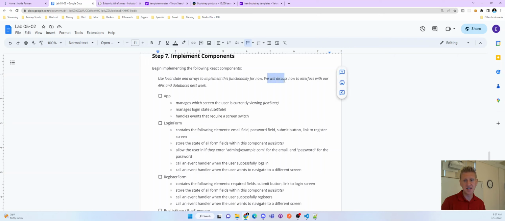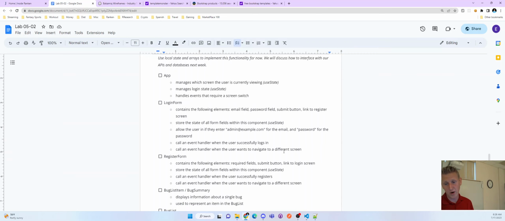So it says we will discuss how to interface our APIs and databases next week. So for right now, use local state and arrays to implement the functionality. Again, I'm not super concerned about the functionality. Right now, it's just about building the forms, building the components, building the controls, maybe wiring up some event handlers, getting your state ready, getting the state variables ready to store information, and that's where we're at. Now,